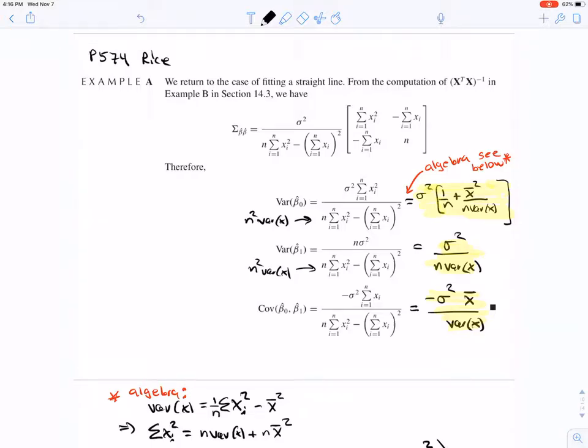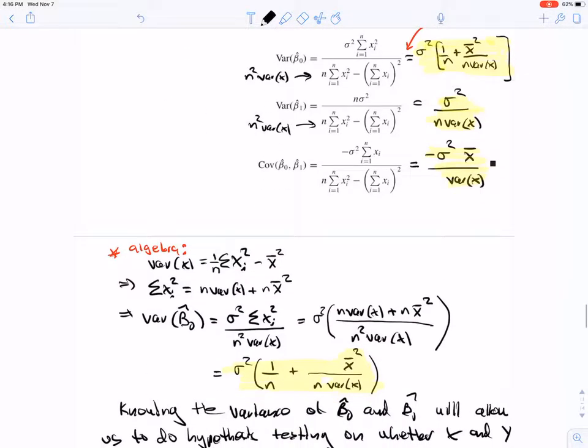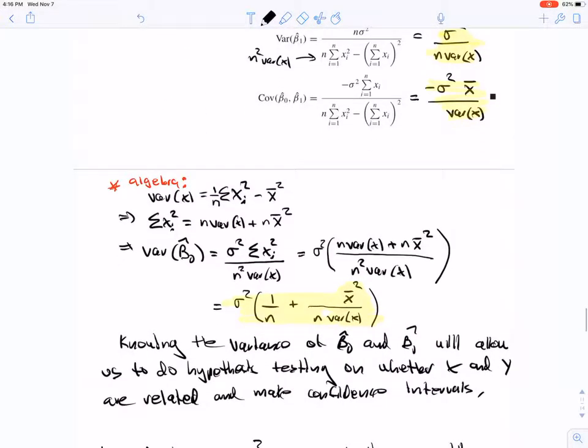The variance of beta 1 hat and the covariance of beta 0 hat and beta 1 hat also have useful forms that I've highlighted for you. And the algebra that I indicate here, you can just read on your own. There shouldn't be any question about that. I want to point out that knowing the variance of beta